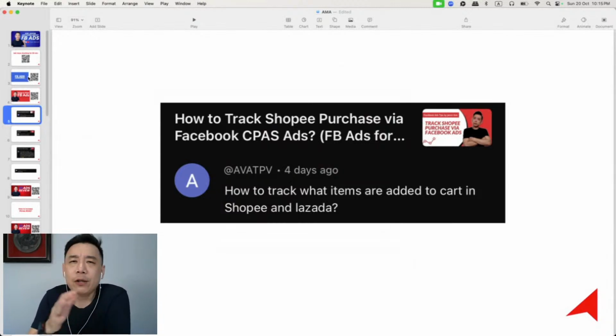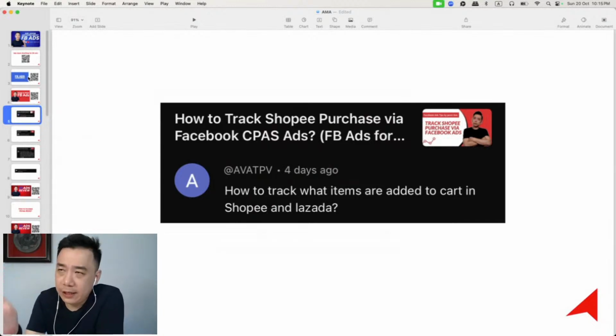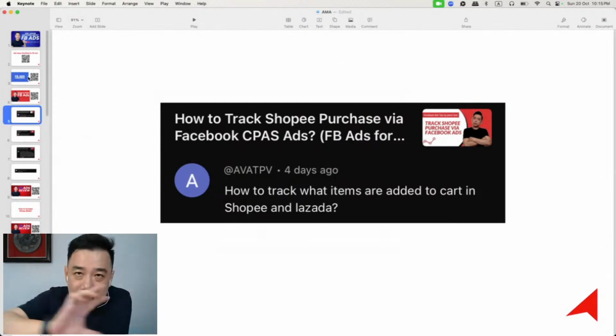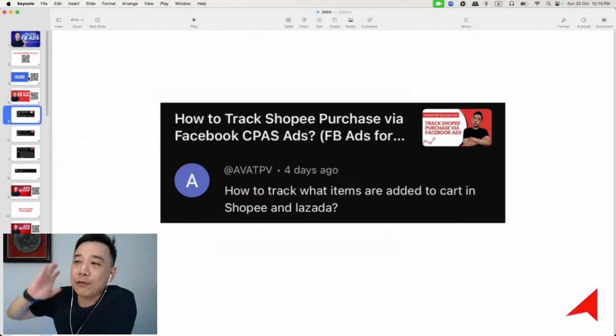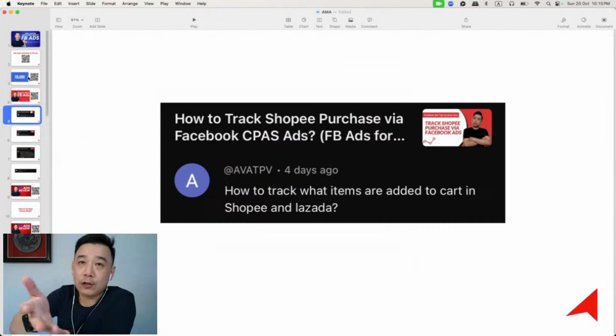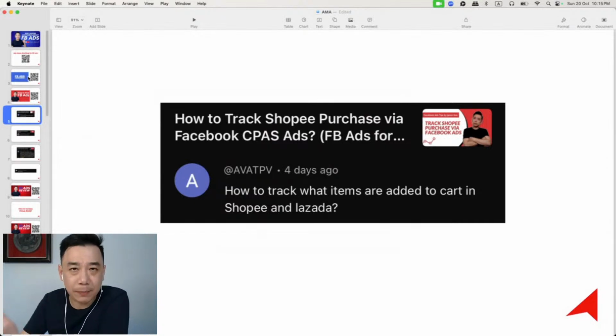So that's how we draw a journey, from link click, outbound, content view, add to cart, purchase, and so on. We'll be able to illustrate this is how we do optimization. One of the really critical steps is to visualize the entire customer journey and try to find what's working and what's not working in your campaign, hopefully to optimize. So if you see a lot of people go out to the website, but very little content view, for example, just now 100 outbound clicks, but you have only 30 content views, what is the potential problem here?